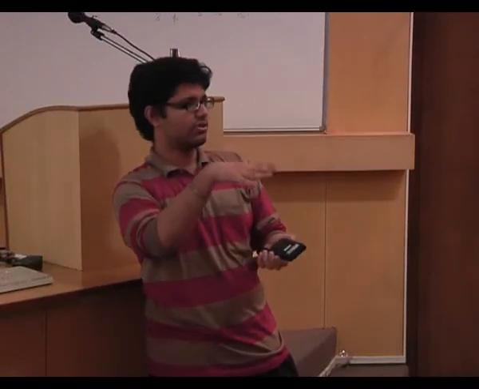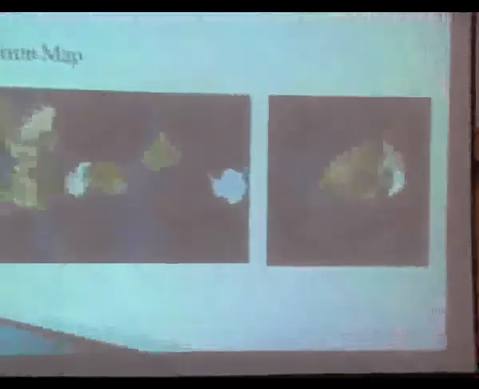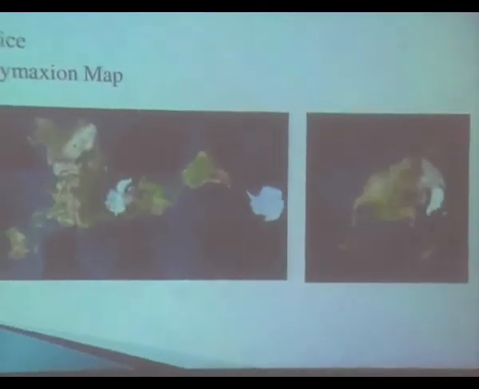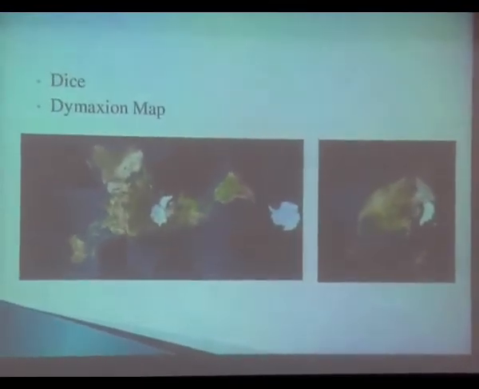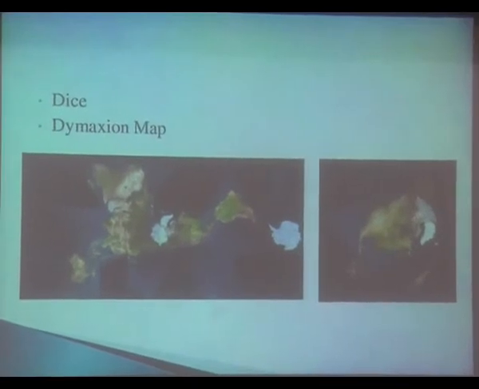This Dymaxion map, it actually reduces that sort of error. All you do is you project it onto a platonic solid, essentially. Dymaxion there simply means dynamic maximum tension. And yeah, there's something more that I would like to say. See, one prime motivation for doing this would be, you can always consider these platonic solids to be periodic tessellations of the spherical surface. That was one prime motivation.